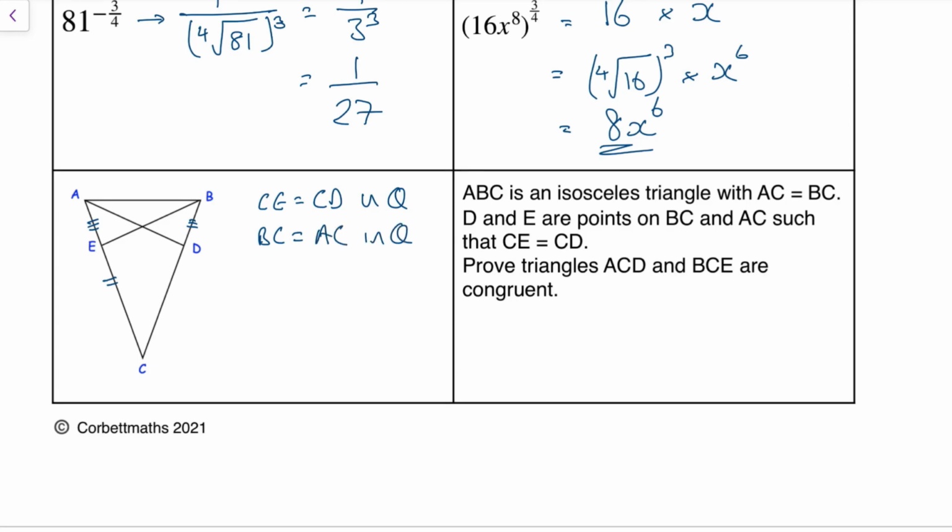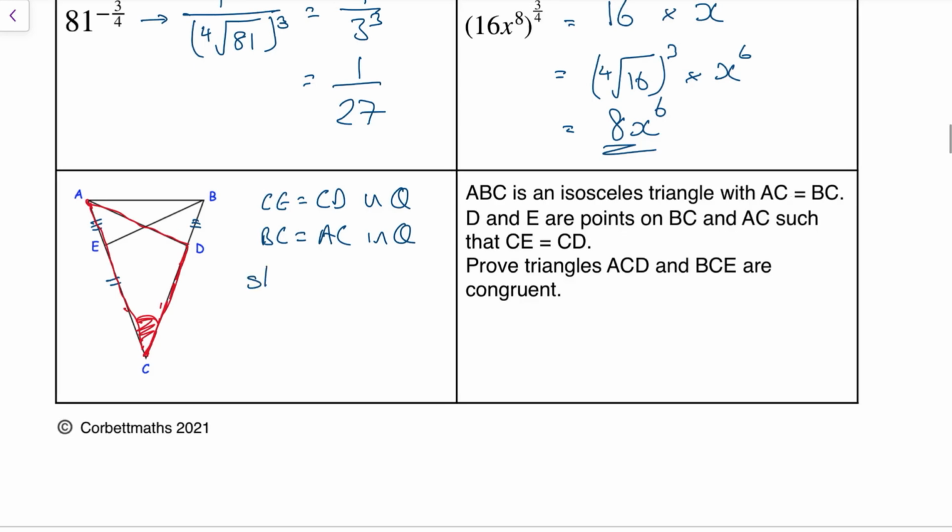So in other words, what I'm doing, if I look at one of the triangles, so I'm showing that the sides are equal and then this angle. So then I've got a side and an angle in between. And then I'm just going to say they share angle, and it's angle ACB. So therefore, triangles ACD and BCE are congruent